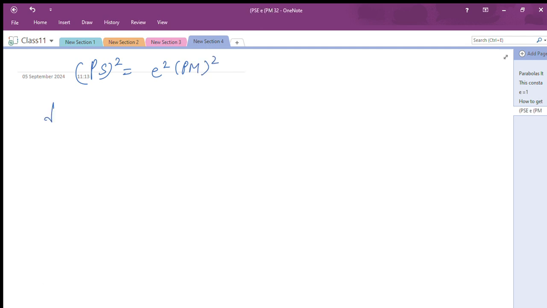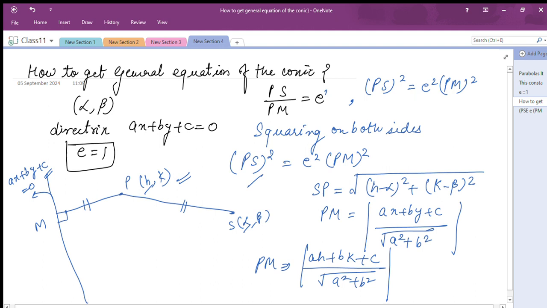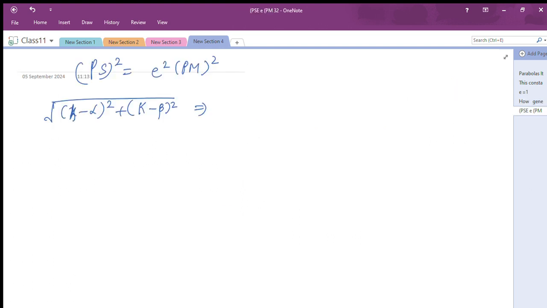PS value is root of x minus alpha, h minus alpha whole square and k minus beta whole square equal to, because PS we derive, and we also derive the PM. And we are talking about squaring on both sides, so we will do the squaring on both sides, and e square, and you will square on both sides,